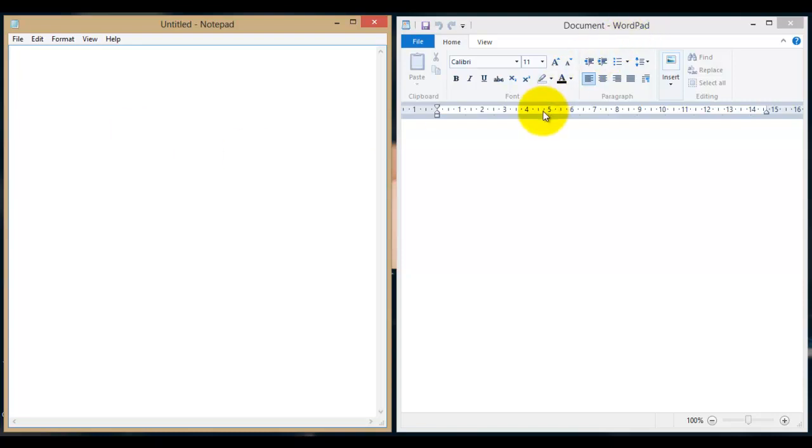But here in WordPad we have some more features. We can insert pictures also. Look, so these are two word processors. One has more features than the other. WordPad has more features than Notepad. Here we are going to learn